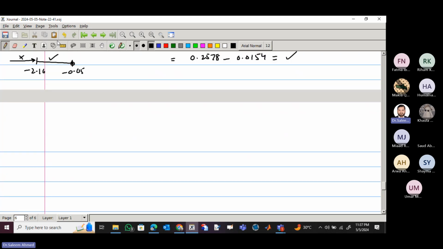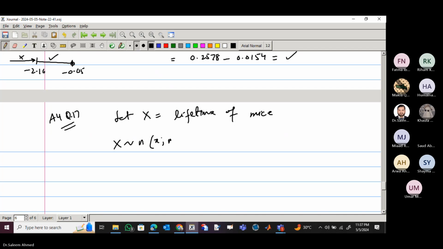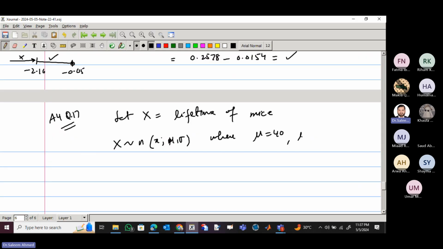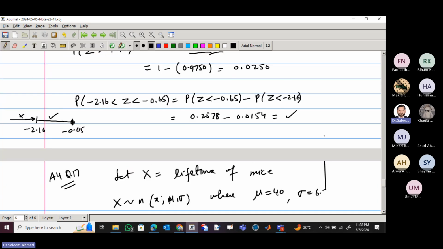This is question 7 in the assignment. Let x be the lifetime of mice. They said the lifetime of mice is normally distributed with mu and sigma, where mu is the given average lifetime of mice, 40, and they also gave me the standard deviation, 6.3. So both things are given: mu and sigma. Once mu and sigma are given, directly write. So the first step is that,